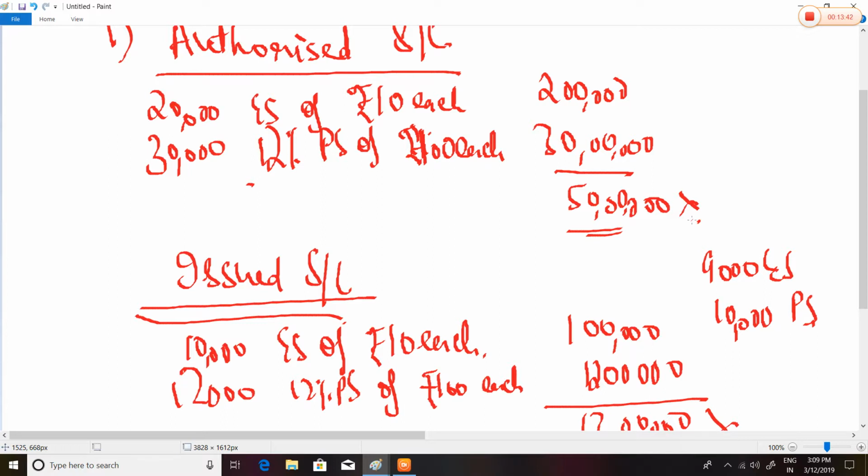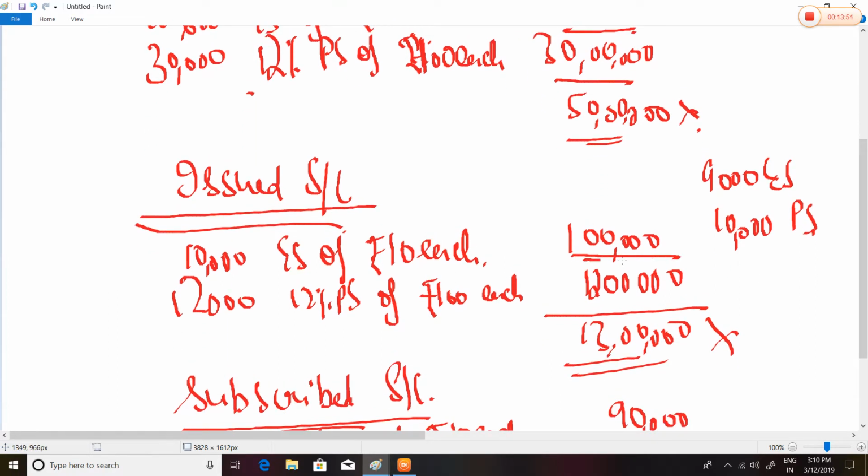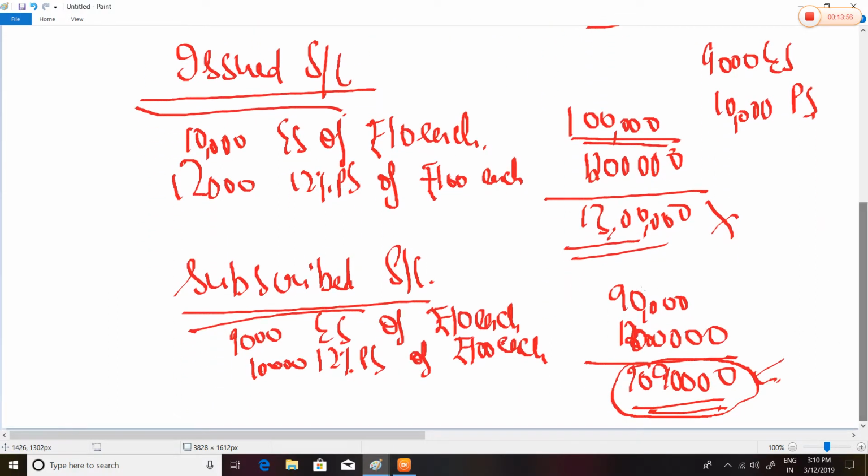Let's say if the company has authorized share capital of equity shares only of rupees 10 each, then we would finish it here. Okay, no need to write total. You will finish it here, no need to write total. Then in that case the amount would be 90,000 in the share capital. Okay, now next topic,